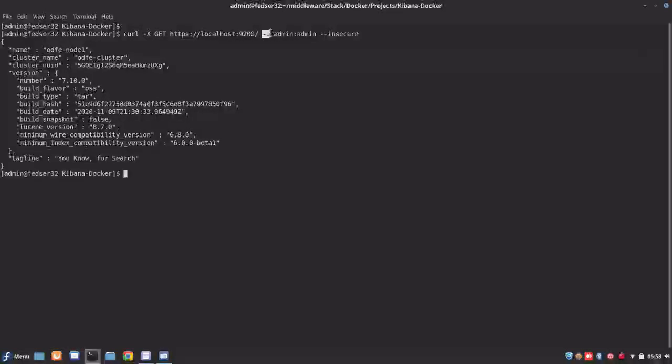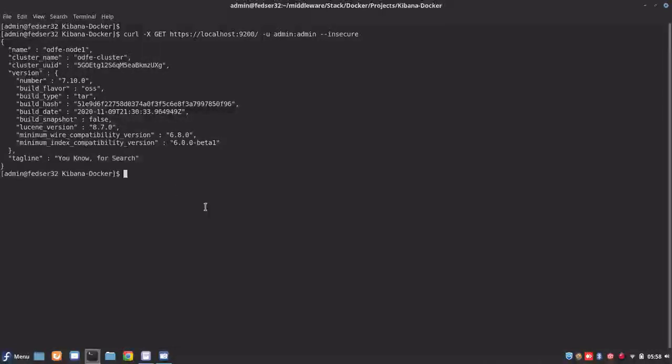As I said initially, OpenDistro comes with security pre-installed and configured. So there is a set of internal users that are set up along with OpenDistro when you install the Elasticsearch and Kibana services, along with default passwords. The default password right now is admin. So this is how you can validate the OpenDistro Elasticsearch service.